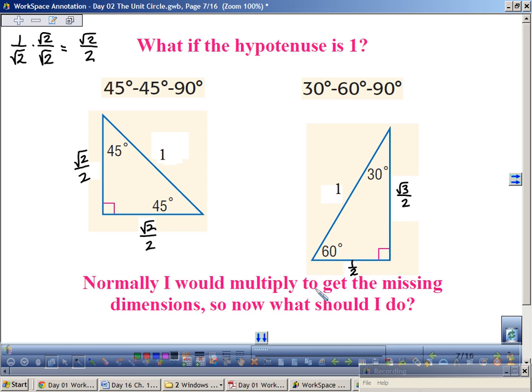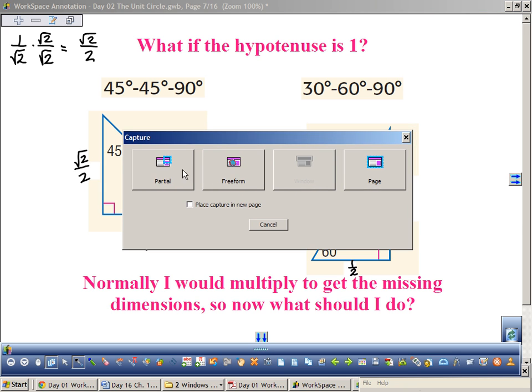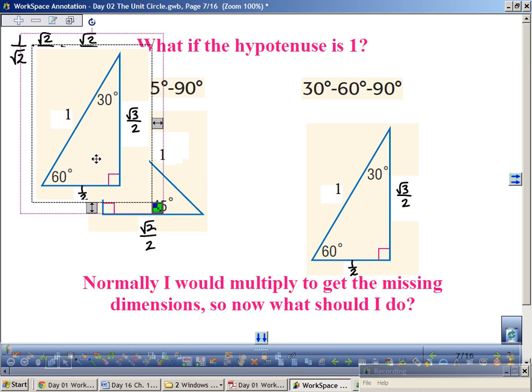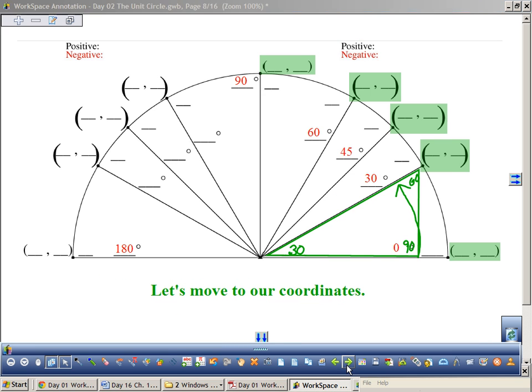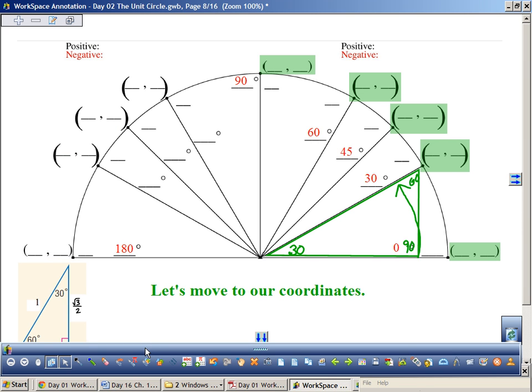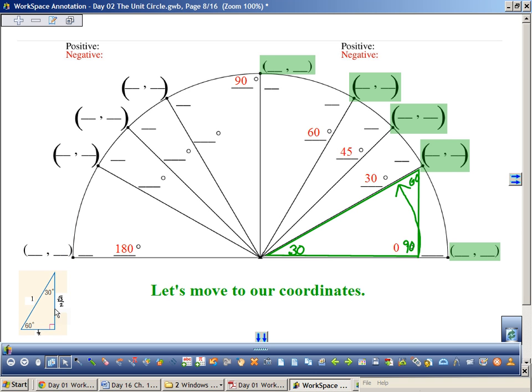Okay, now let's use this. I'm actually going to take a picture of this and drag it into the next page. We'll just leave it down here. Make it a little bit smaller. Is that okay? You get the gist of it? Okay. So, removing this,